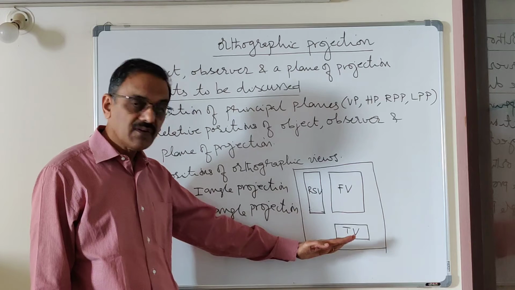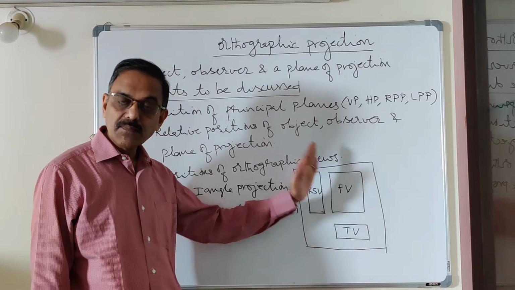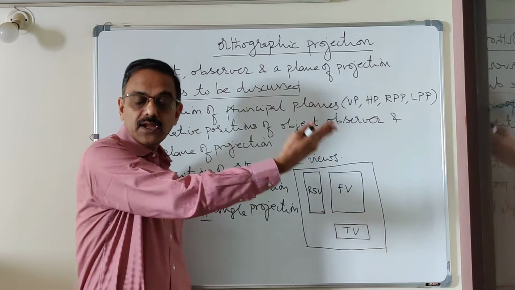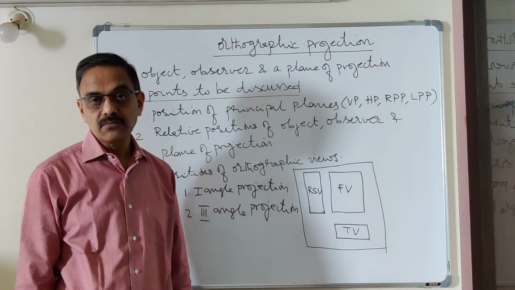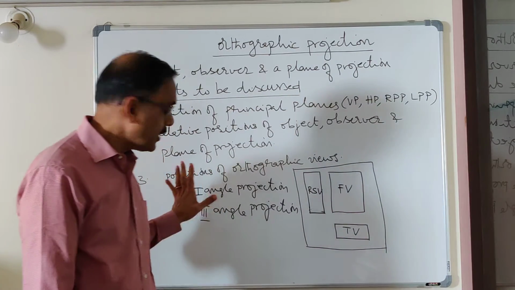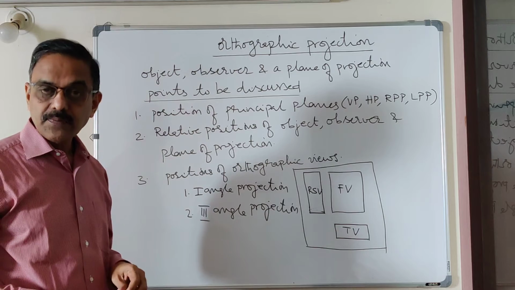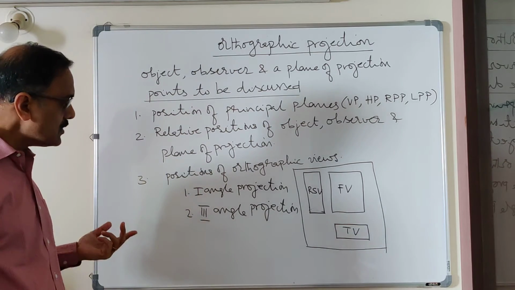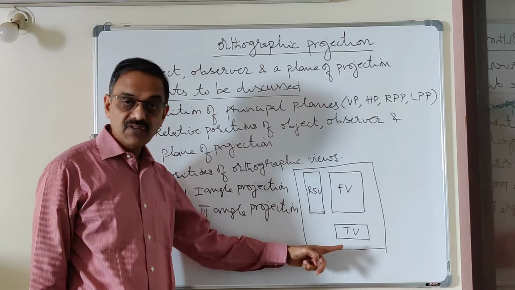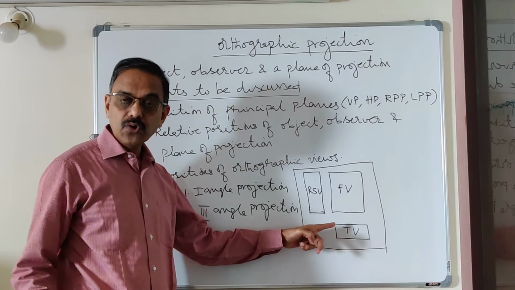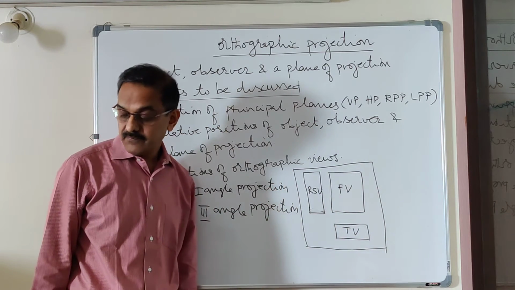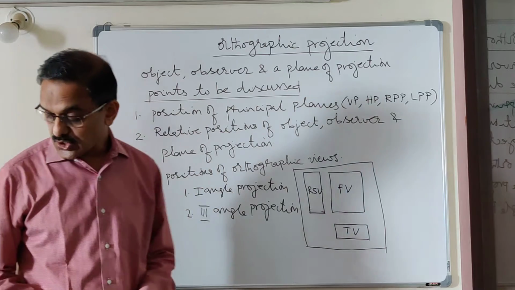So in first angle projection, the orthographic views are obtained like this. The top view is obtained below the front view. The right side view is obtained on the left of the front view. Similarly, the left side view will be obtained on the right of the front view. So this is the method that we are following right now as per our syllabus. So from now onwards, whenever it is required for you to draw the top view of an object, it will be drawn below the front view. And if you want to draw the right side view of an object, it will be drawn on left of the front view. So this is about first angle projection.